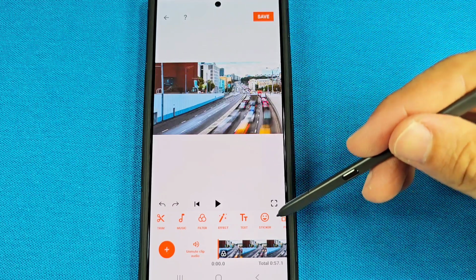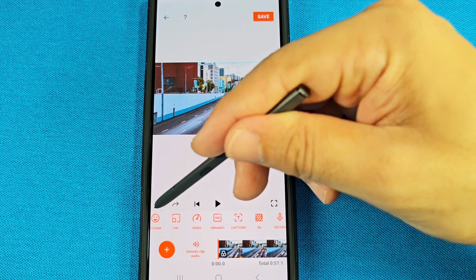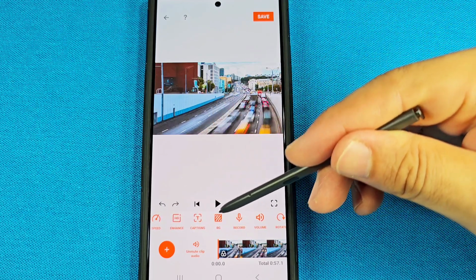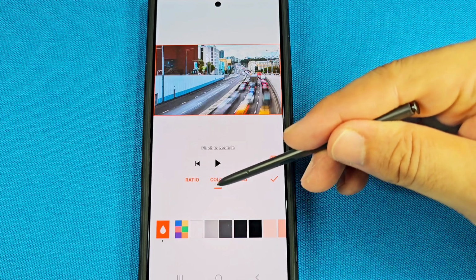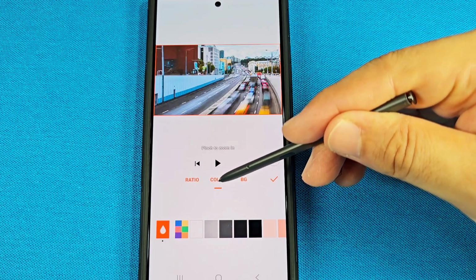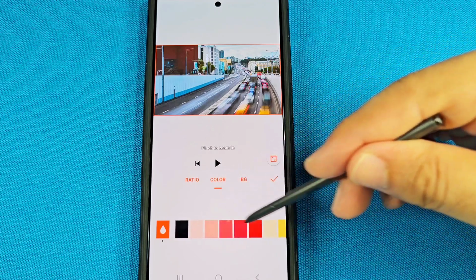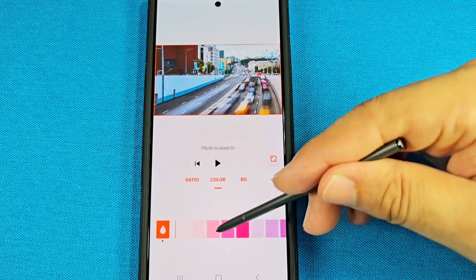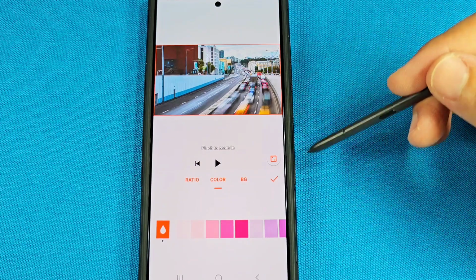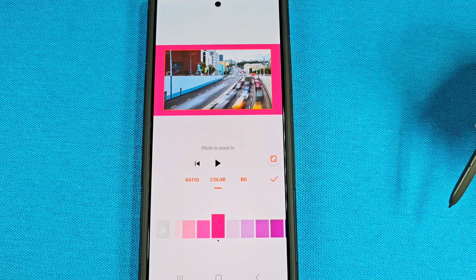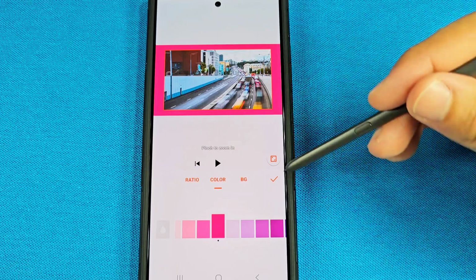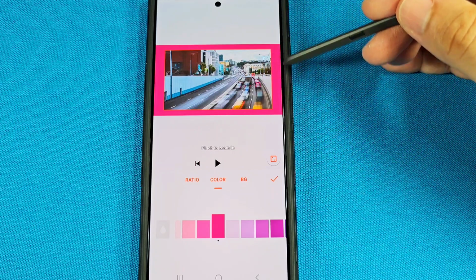And one of the ways to do this is by going over to where it says BG right here. You see where it says BG? Go to that. And then you want to make sure you select color. As you go to the color section, you'll have all these different options and just find the color that's going to help your video stand out. In my case, I'll just go with this hot pink right here as it does make the video stand out a bit more. Now at default, it's going to appear like this here, where it's going to be really